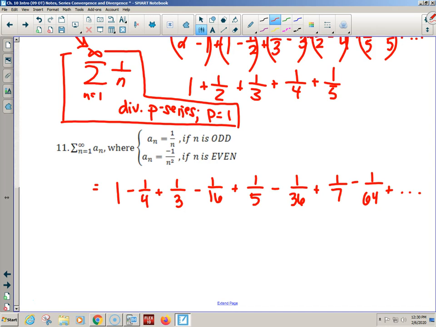Wait, collectively or individually? Do we need a single a sub n, or can we work with individual a sub n? What you're saying, Lorenzo, is we're allowed to work with them individually. But so is 1 over n. Imagine a series of tests, but you have to get a formula for it. You see it? Because 1 over n is